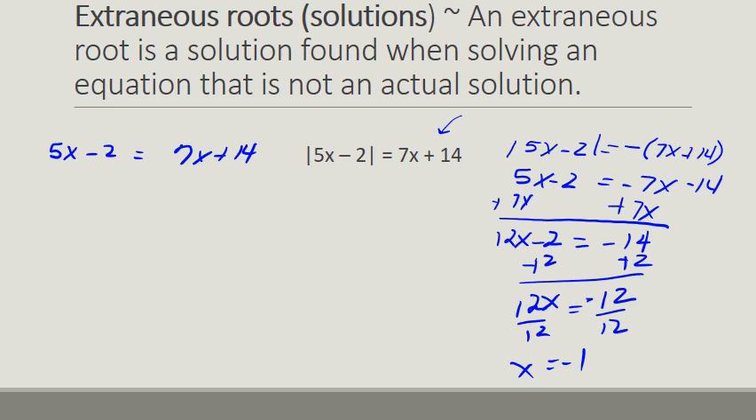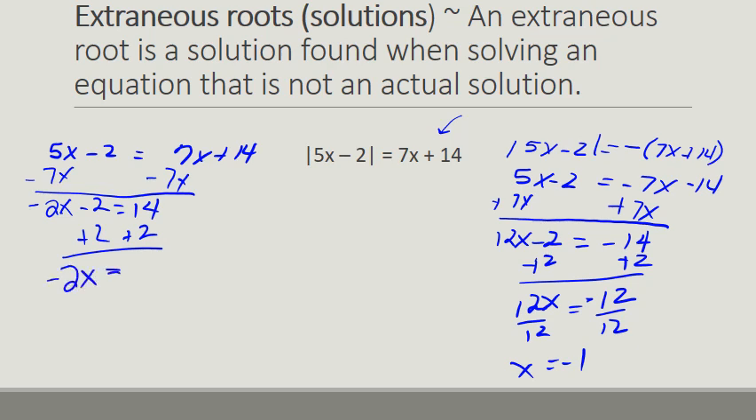All right, so now here, if I subtract 7x from both sides, I'm going to get negative 2x minus 2 equals 14. If I add 2, I'm going to get negative 2x equals 16. If I divide by negative 2, x equals negative 8. All right, so now if I substitute in,